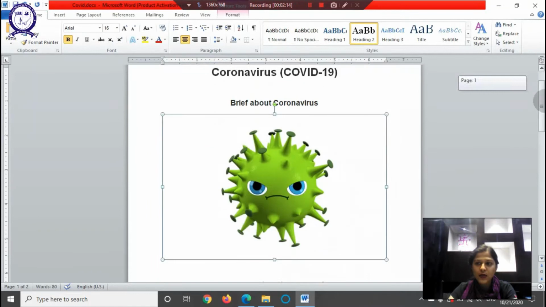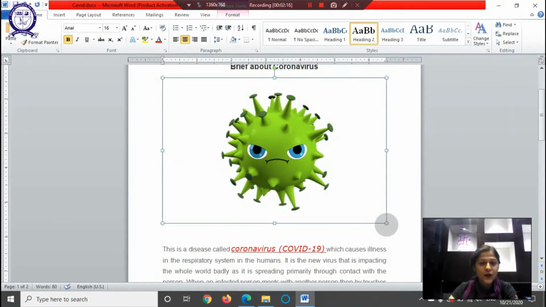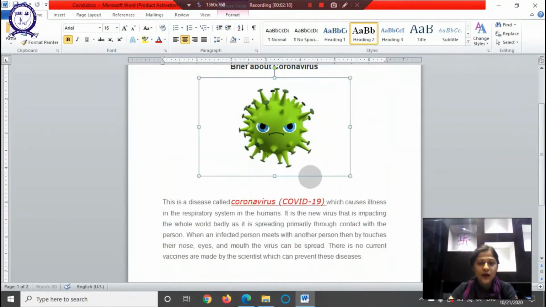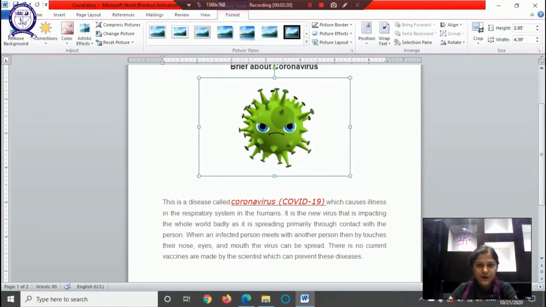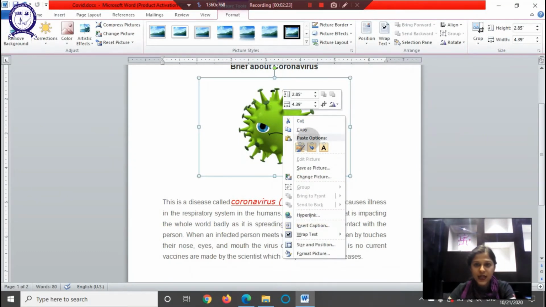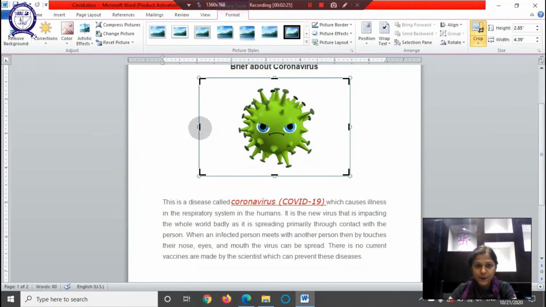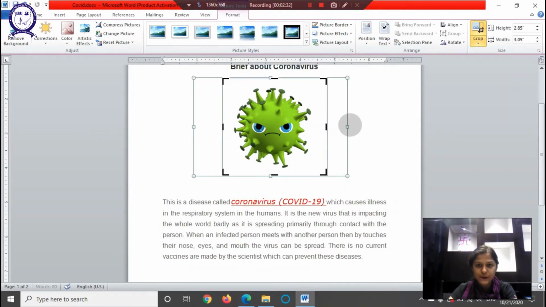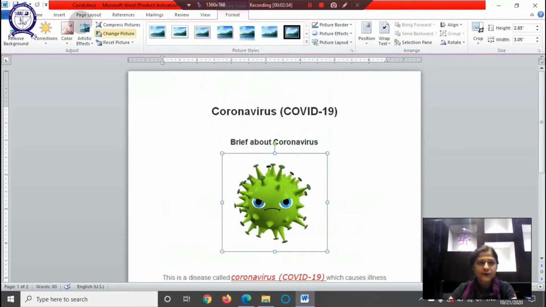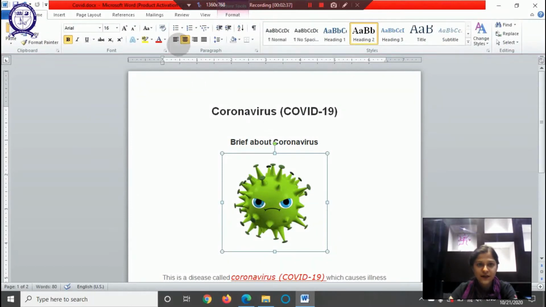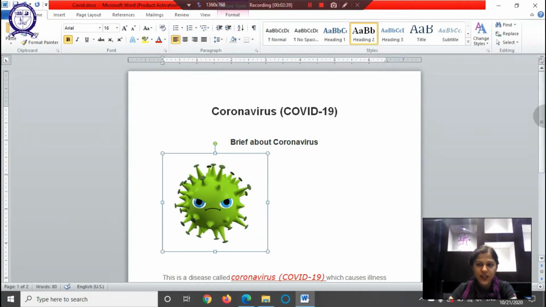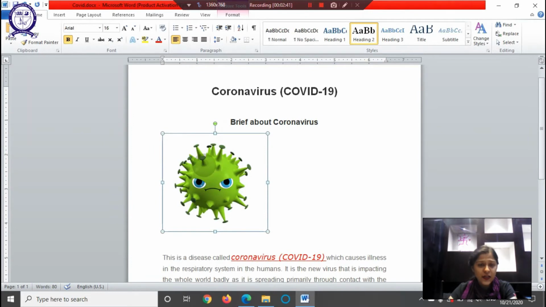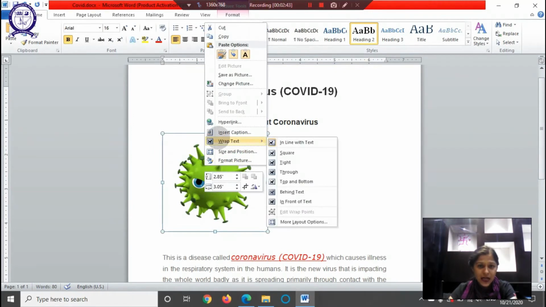So now I want to wrap my text around this. First and foremost thing is to reduce the size of this clip art. I then would like to crop this, and I would like to change the alignment of the image. Now I will click on the image and right click upon it, and I will find the options for wrapping text around it.